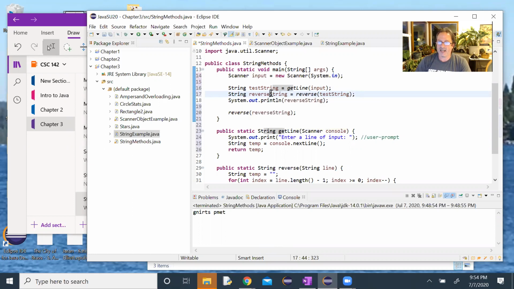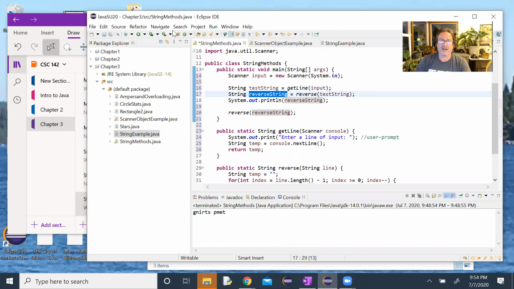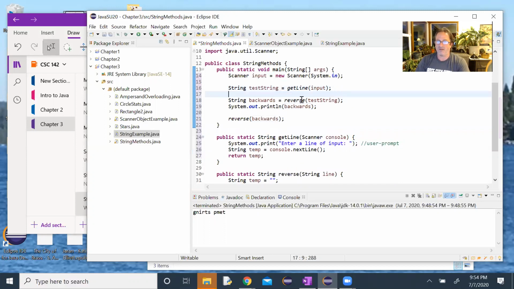And then instead of this guy being called reverse string, let's rename it. So I need to refactor, rename. Let's call this backwards. So we're initially assigning the input to test string. Then we're calling reverse to get a backwards string. Then we're printing it. Then we're calling it again,